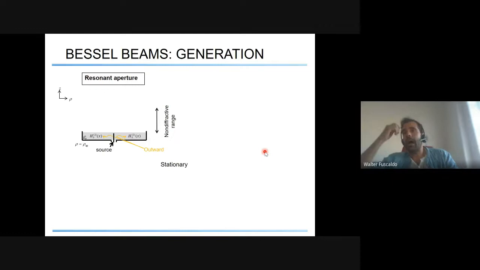Now, let's see how Bessel beams can be generated from a realistic device. Actually, there exist two classes of devices that can generate Bessel beams at microwave frequencies. Here we are mainly interested in planar devices. So one way to get Bessel beams is by means of a resonant aperture. In this case, you can imagine a planar structure that is fed from the center by a source and is limited on the radial axis with a